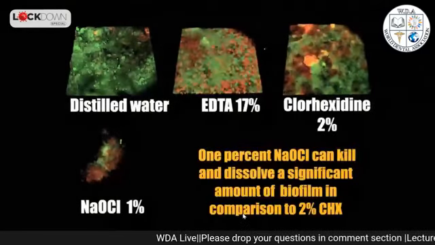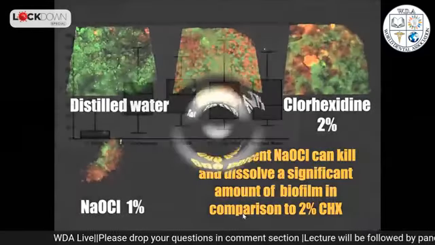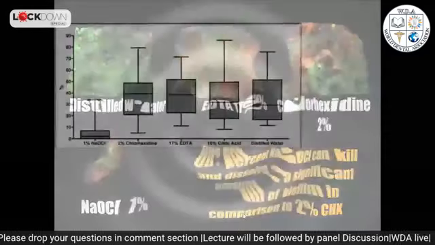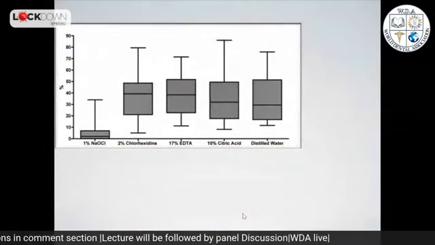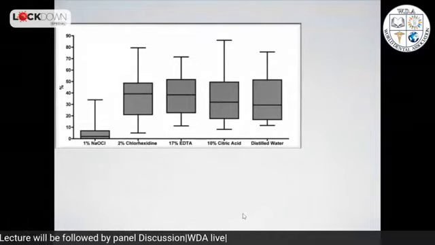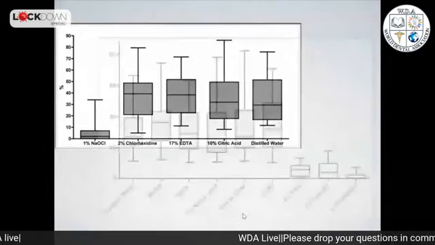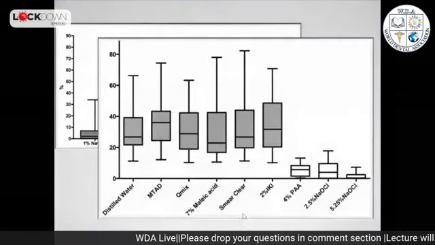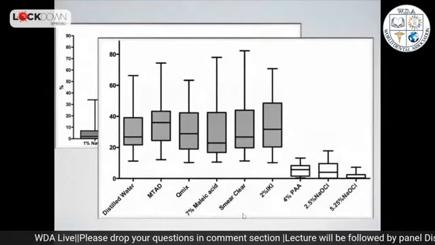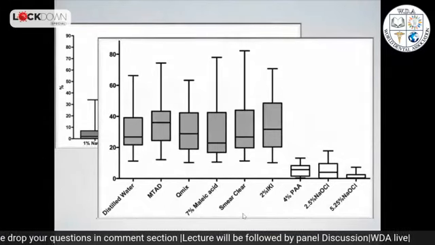The main conclusion was that even 1% sodium hypochlorite was more effective than 2% chlorhexidine or EDTA to decontaminate the dentinal surface. And in another study, we also found that